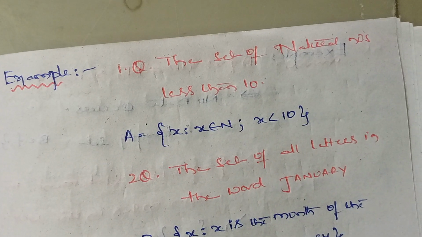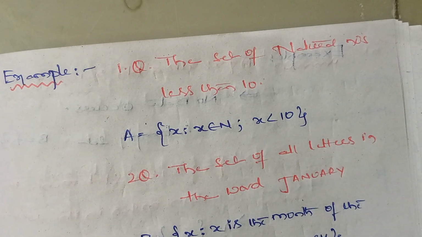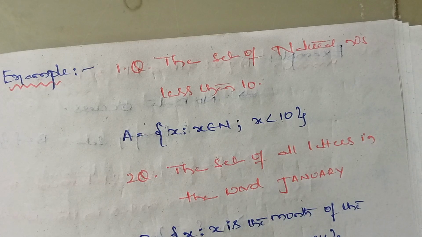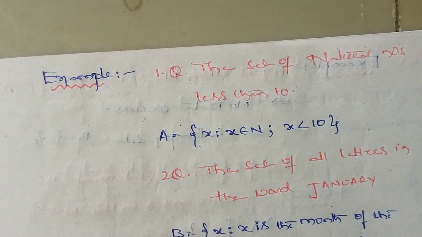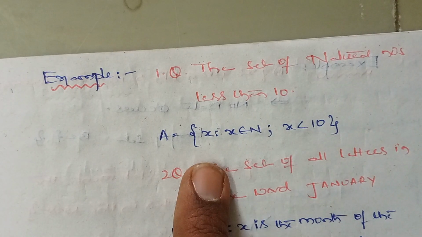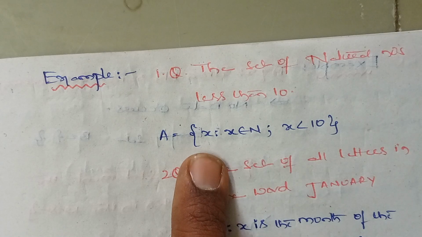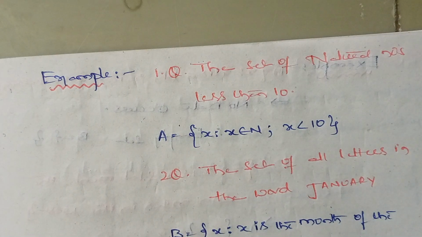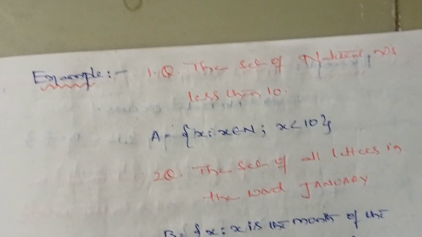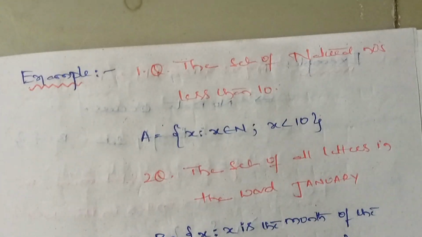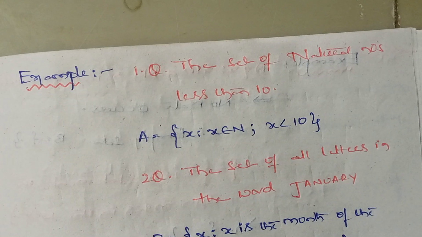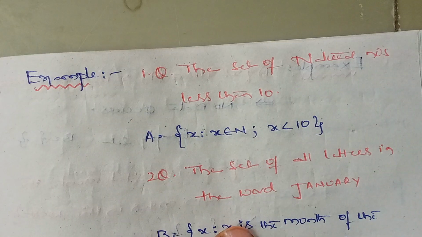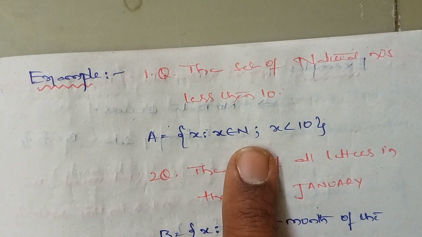I have taken an example, the set of natural numbers less than 10. So how to represent it in set builder form? Name of the set A, open brackets, as is common in set representation, x colon. We call x the set of all, and the colon we call such that, x belongs to natural numbers, and x less than 10, students. x belongs